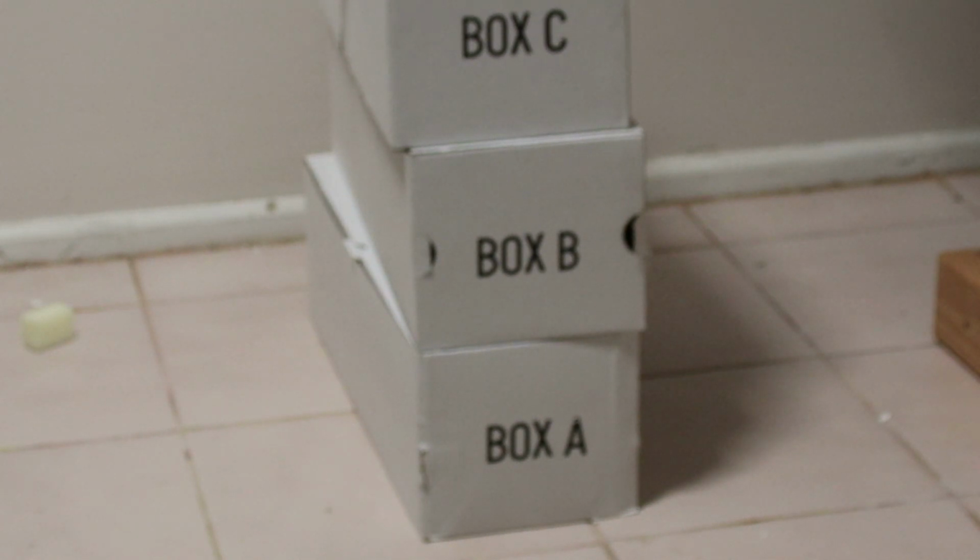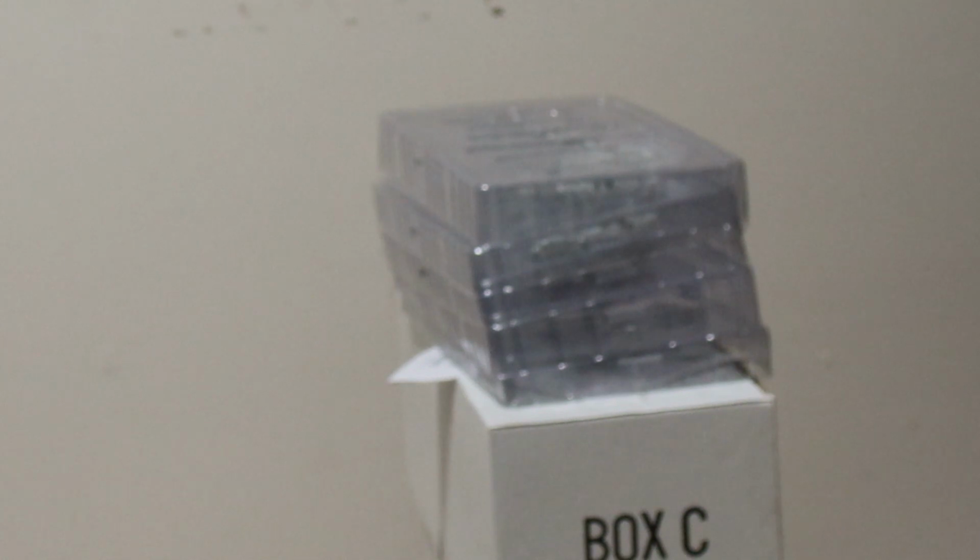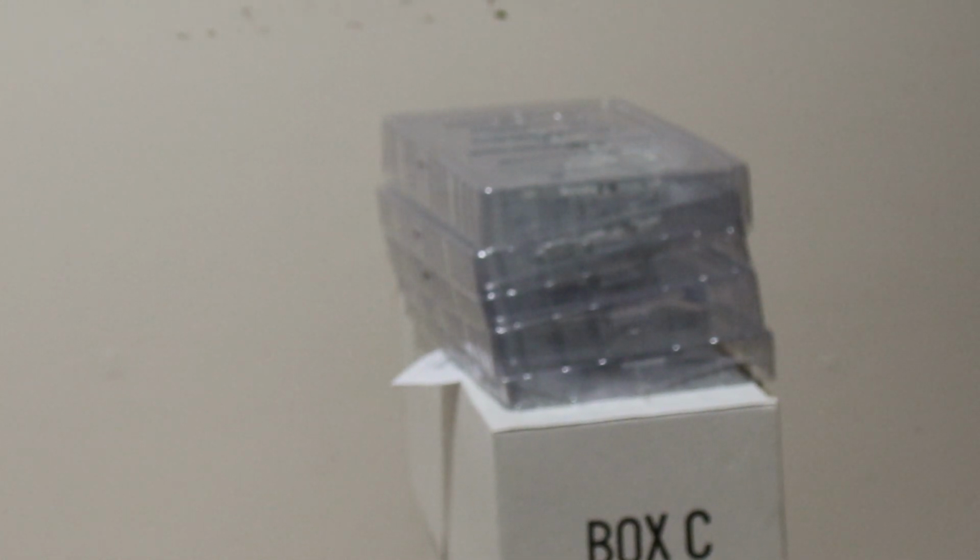Each of these boxes had one piece of the three-piece terminal, and if I zoom up above over here, you can see that these are all the gates necessary to build a terminal. Now I will show you guys these gates. The terminal pieces are currently on the board for display, but if I could get the gate pieces to show you guys, these gate pieces are extremely detailed. You get a lot of gates, and honestly, I'm really shocked to see that everything is intact,